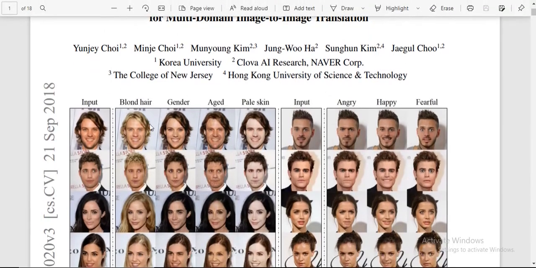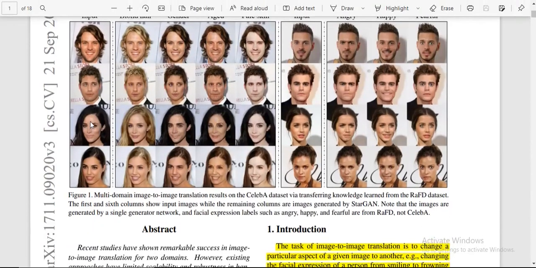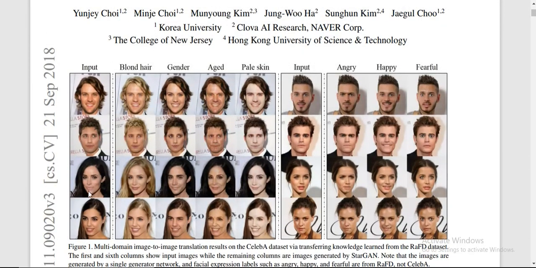And if you see this figure, here is the one input, the person's face, and they transfer this person's face into different domains. For example, here the hair color is changing to blonde hair. Here gender is changing, male to female. Here age is changing, and here pale skin is changing, and this translation is in different domains. And this is the example of the CelebA dataset,